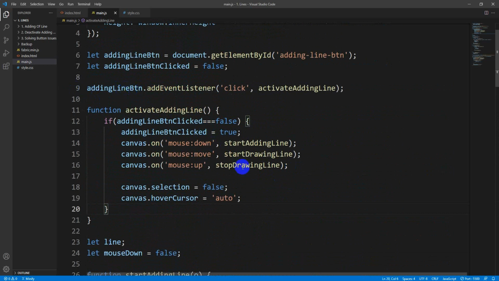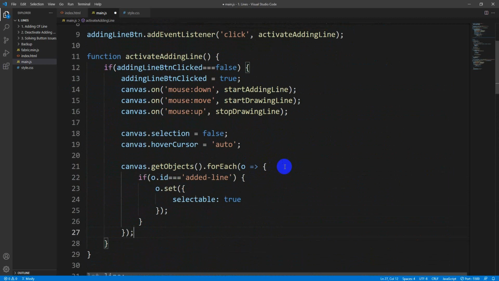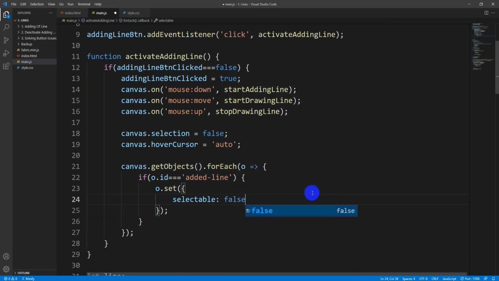Okay, so when we click this add line button, if I paste the coding, all the lines with this ID, added line, must be made unselectable. So we have to make this false.